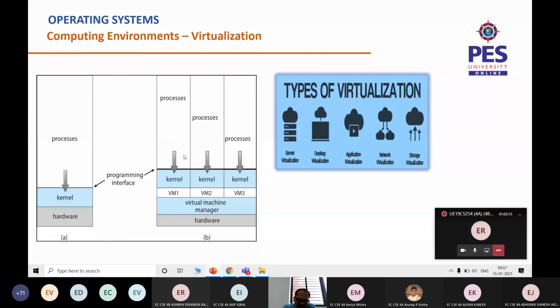When I have virtualization, there is hardware, and on top of that the virtual machine manager is going to sit, which will handle different virtual machines. One virtual machine might target the Windows OS, another the Linux OS, and another might target Mac OS. The virtual machine manager is the crux here, which handles requests from different OSs, translates everything into a native interface, executes it on the hardware and gets back the corresponding results. So this is the base concept of virtualization.